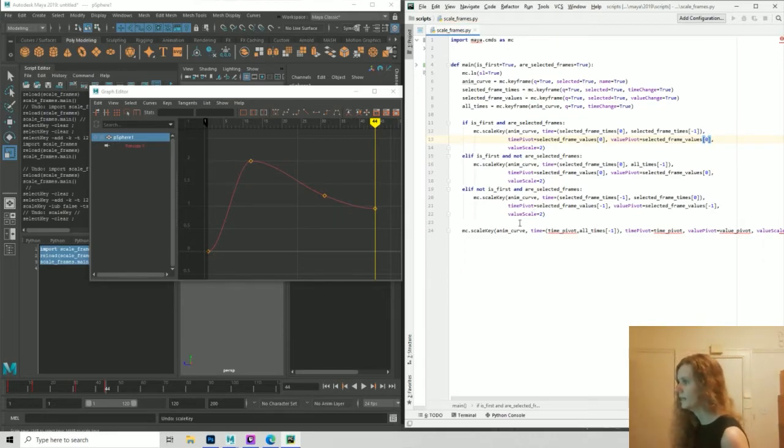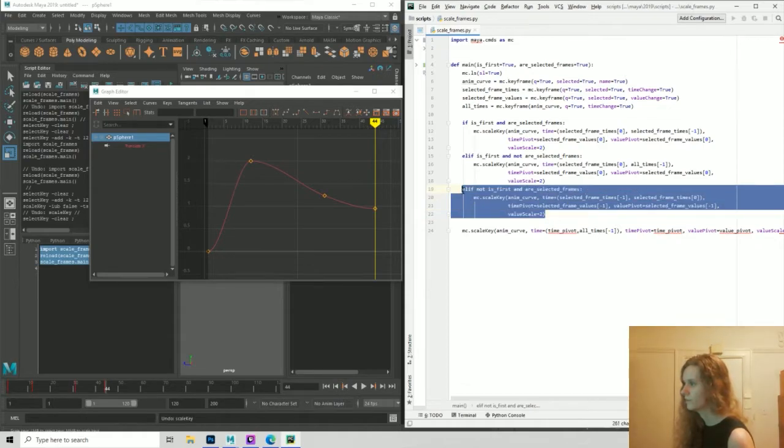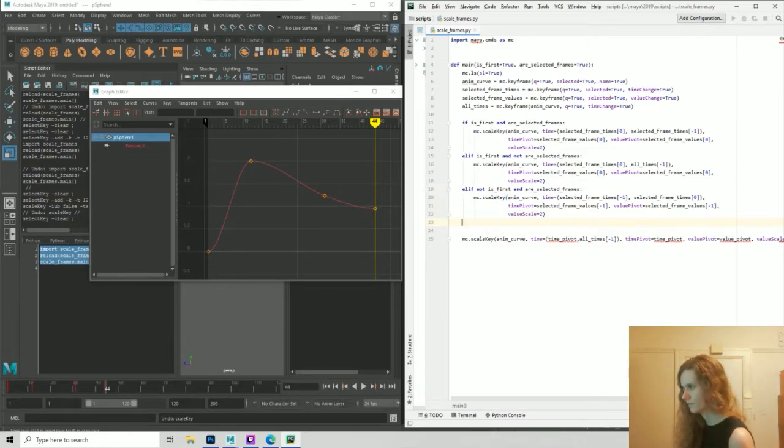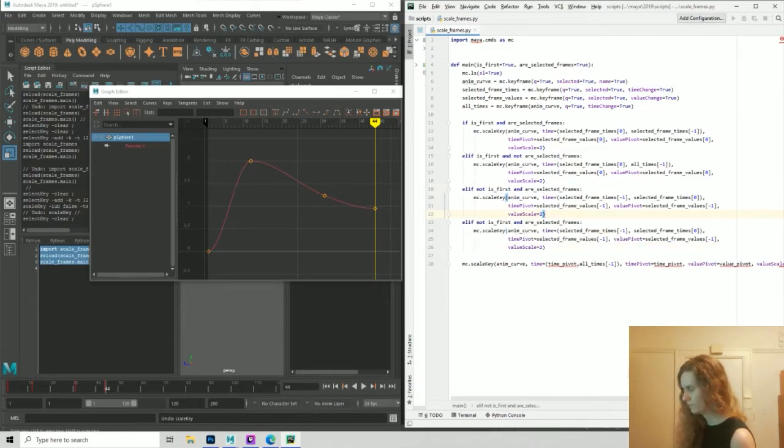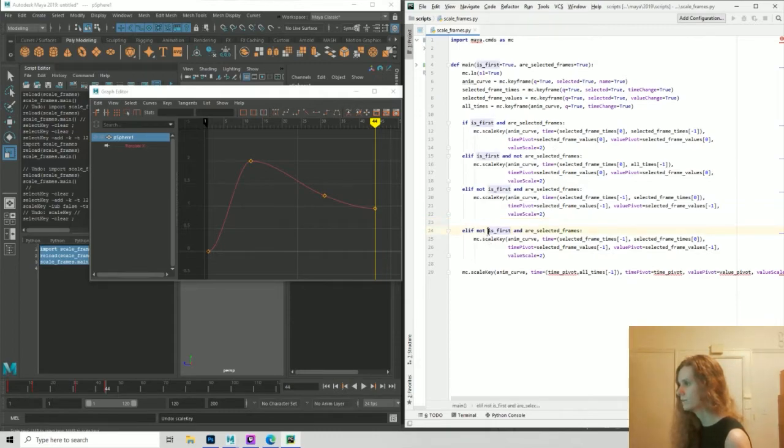Okay, so now the very last option is if it's not first and they're not selected. In that case, we can have our, so it will be not selected, so for time,